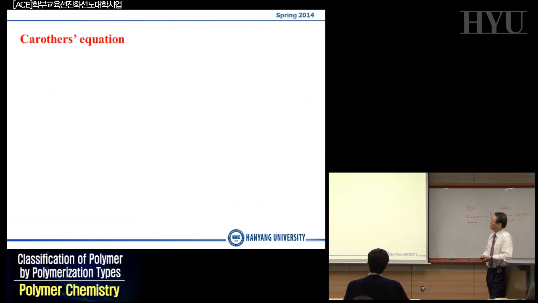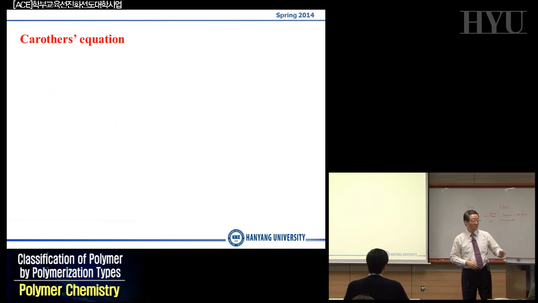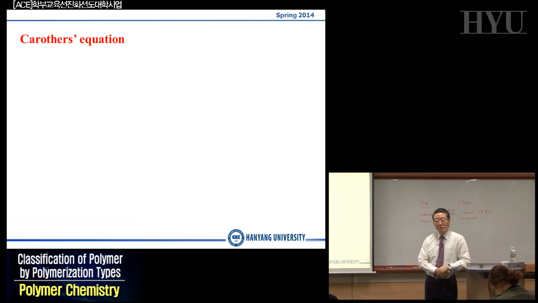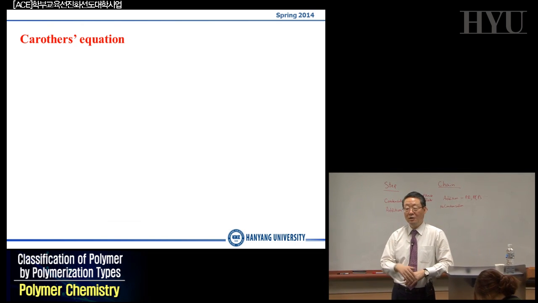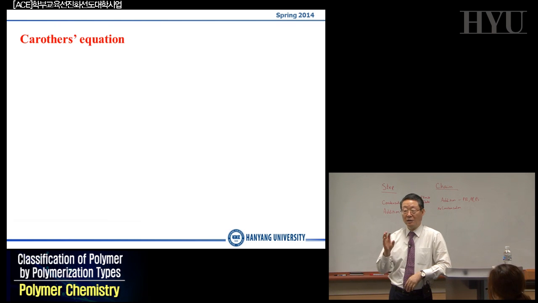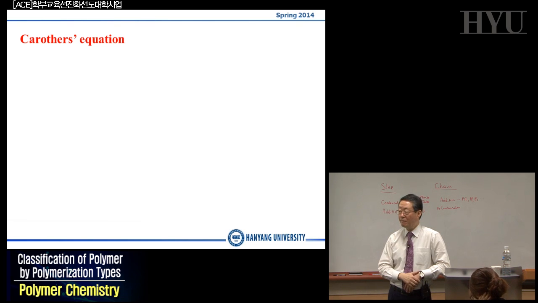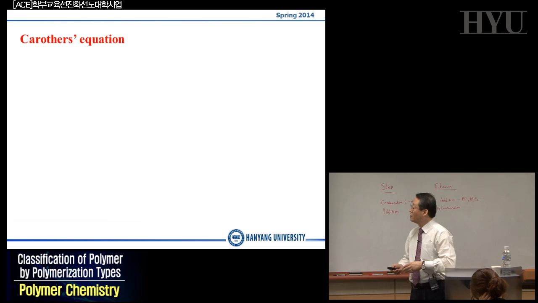In these step-growth polymerization reactions, we have to realize the very important Carothers equation. The Carothers equation is not very difficult. I think you have already done your kinetics course, or physical chemistry, or reaction engineering courses. If you have already taken that, I think it's very simple, but the definition or terminology might be a little bit different, though exactly the same. So let's say we have,